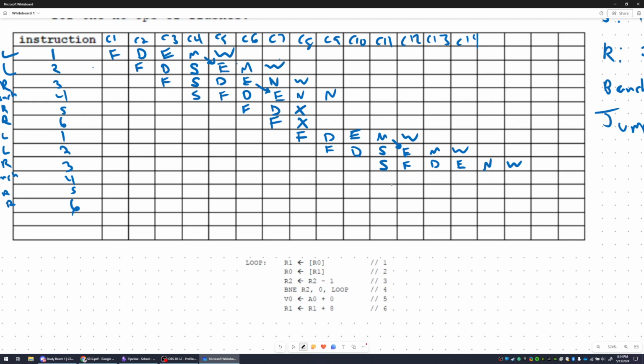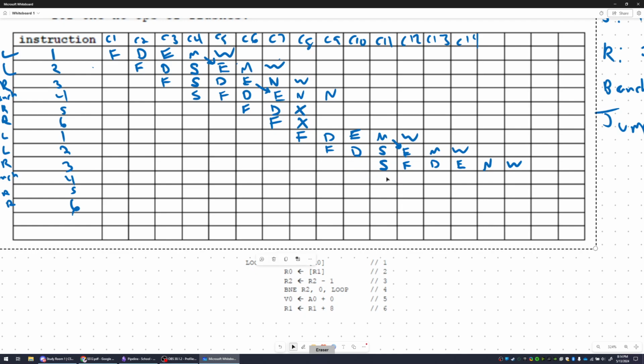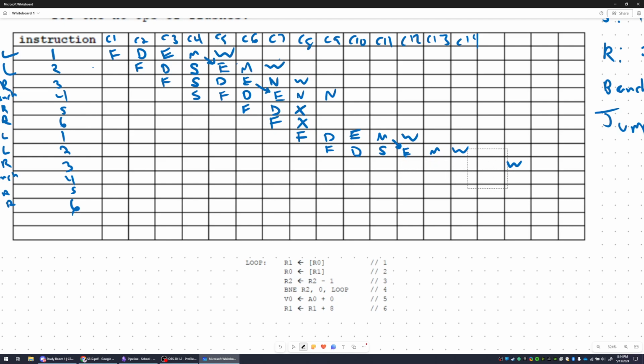Did I mess up? I think I might have messed up, right? Yeah, I did. I didn't stagger the fetches right. The fetch should have been here, and then this is stalled, and then decode here. This one has no data dependency, so that's fine. No op, right back, yeah, okay. And then this one is the one that's stalled. And